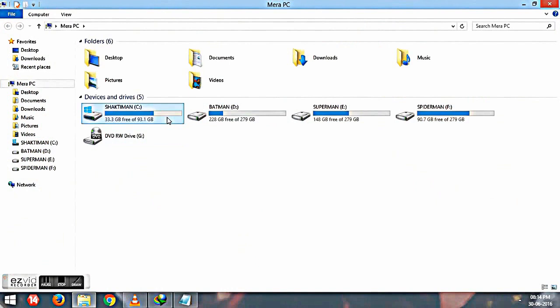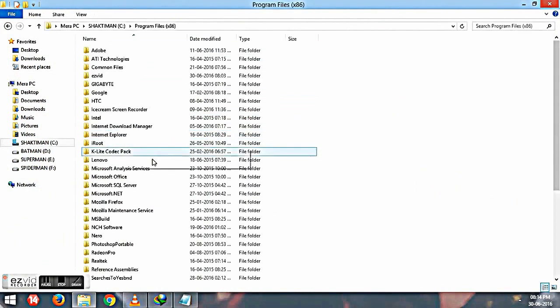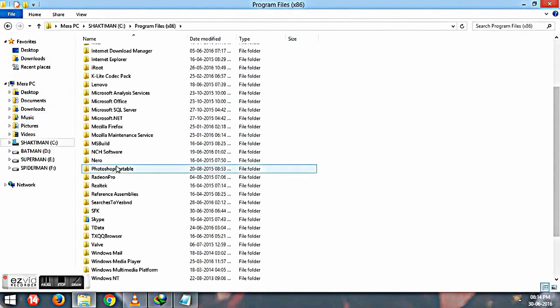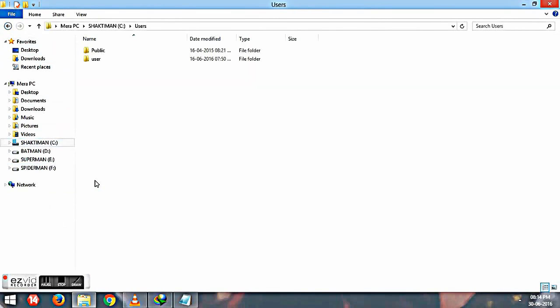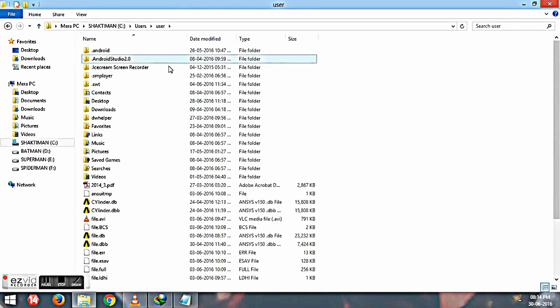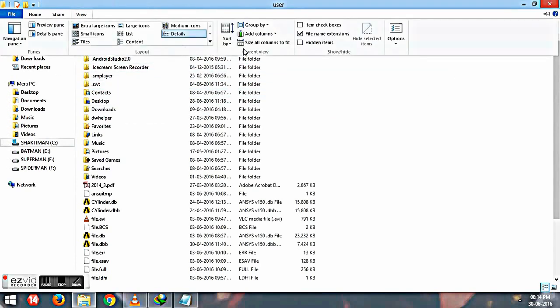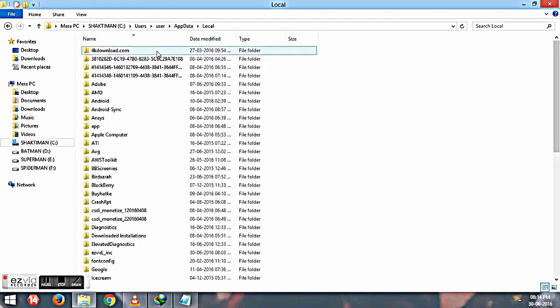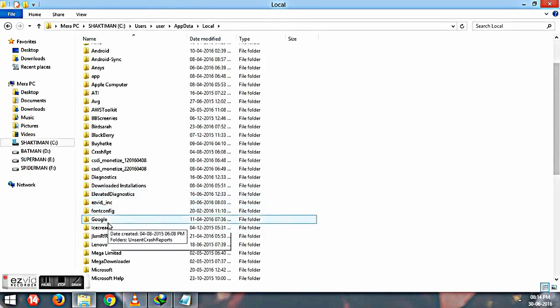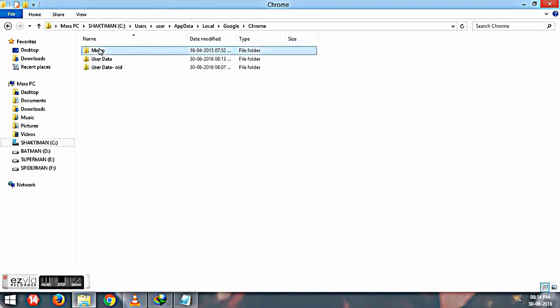Computer, C, program files, wait. So it's C, username, and sometimes data can be hidden. So check the hidden files in options. Okay, go to app data, local, and in local it's Google, and in Google it's Chrome, and there will be